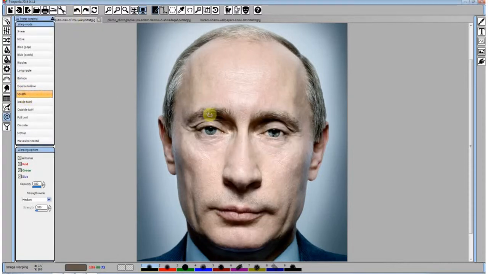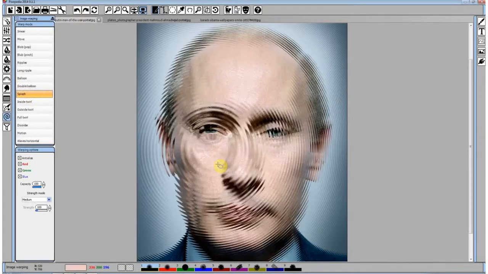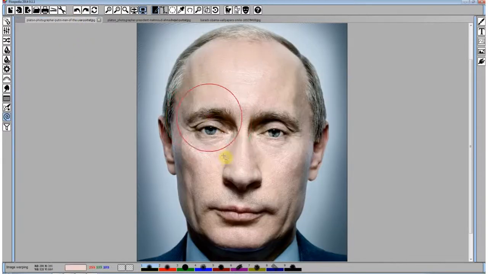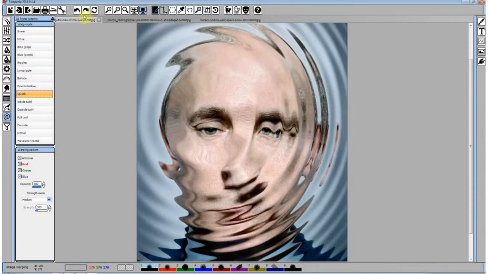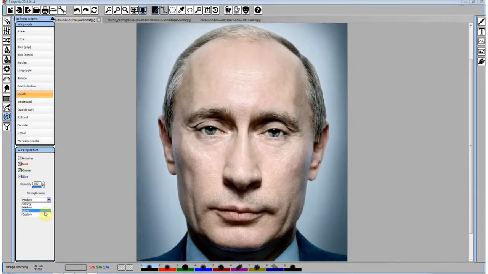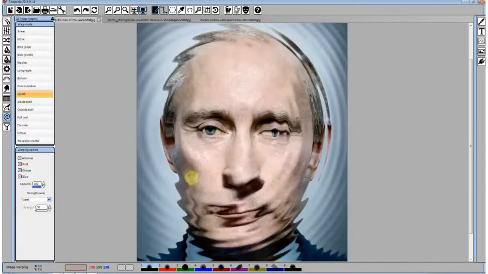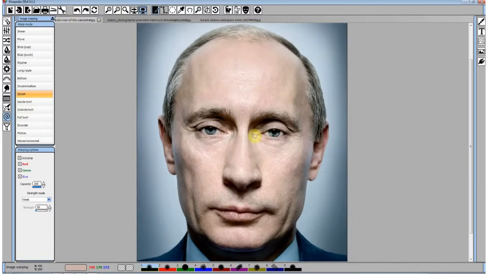Splash is actually something like you throw. Again, it depends on radius and on strength. Something like throwing a stone into the water. Inside twirl